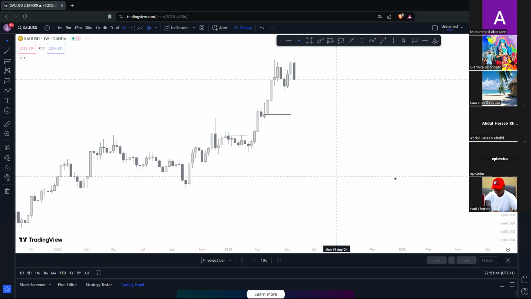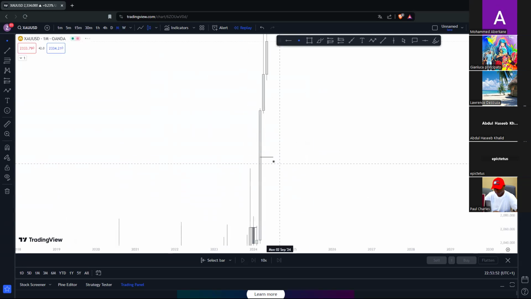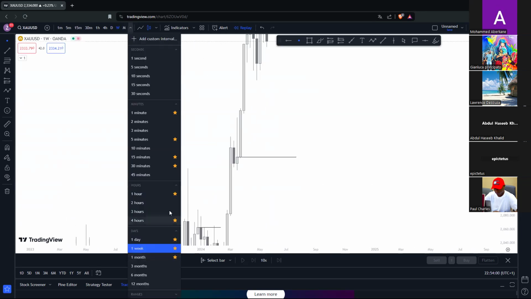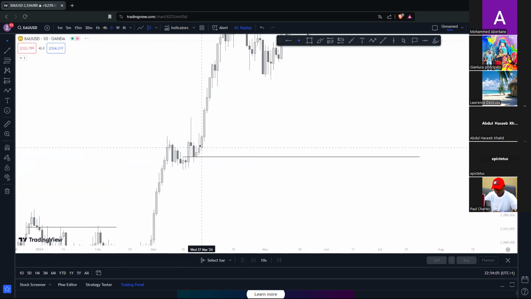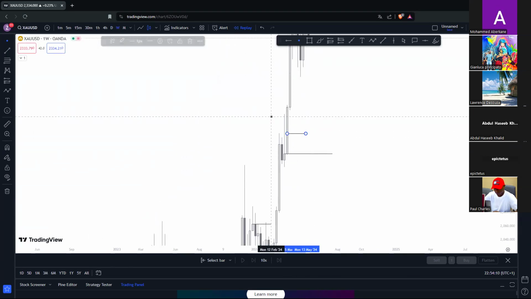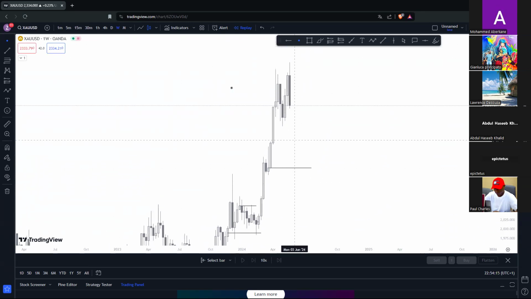If you go to the weekly, what do you find? You find that it's MTF'd with a weekly gap. Now, that weekly gap, if you go to the monthly, you will not find anything. So how many confluences do you have about this level? Two: daily and weekly. So if you have two confluences, that's already stronger than just one. It's stronger than finding a daily and not finding anything on the weekly. I'm just trying to explain to you here that the more time frames contain the same key level, the stronger it gets.